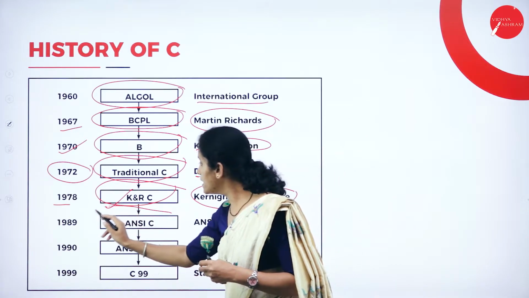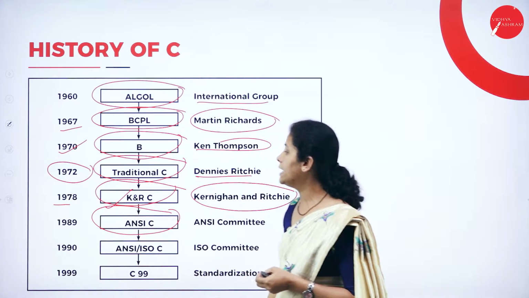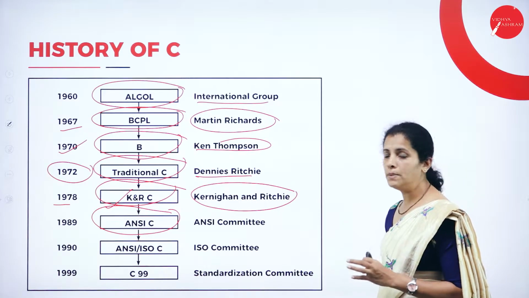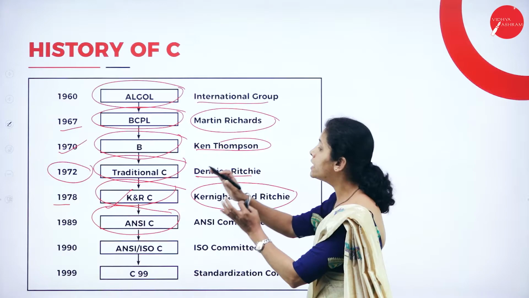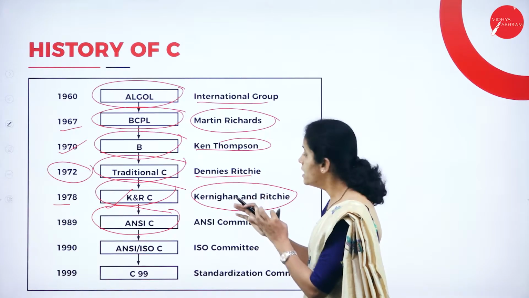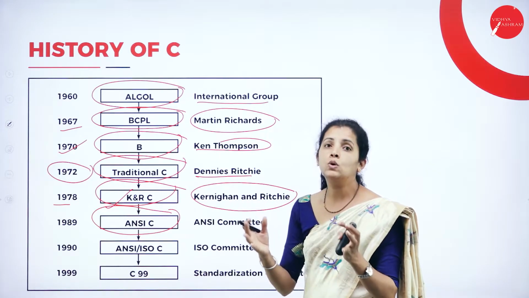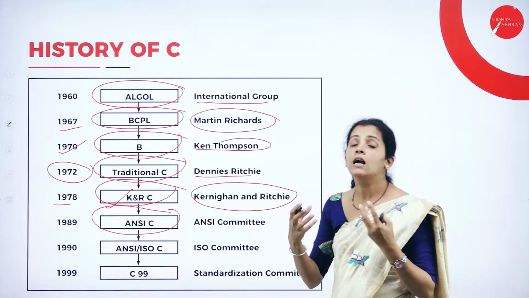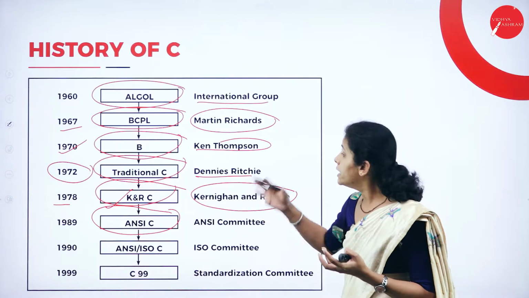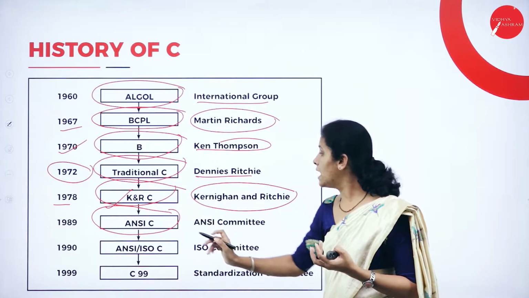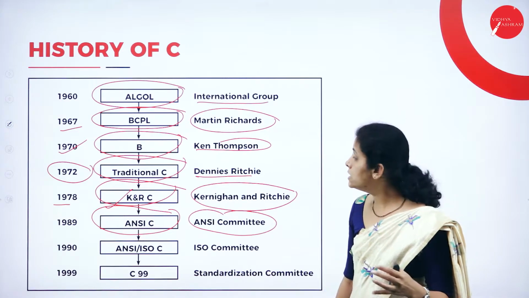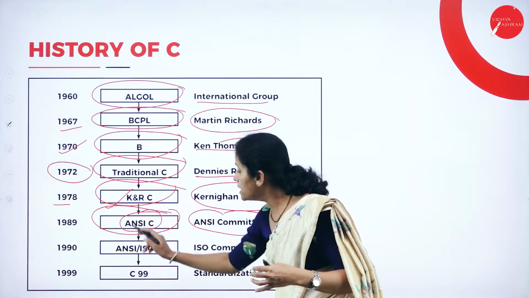After that, in the year 1989, we are going to have ANSI C. That means after K and R C, people started making groups. That is nothing but developers started making committees, and in the year 1989, the ANSI committee introduced the programming language